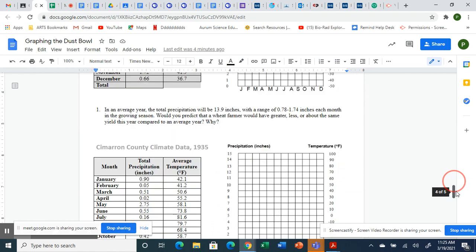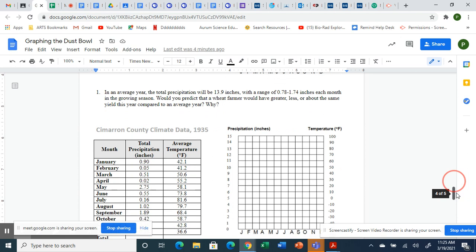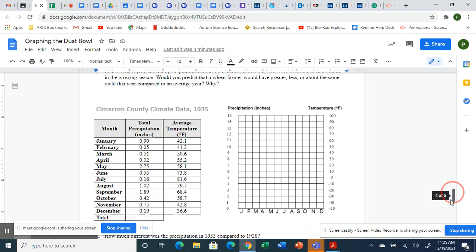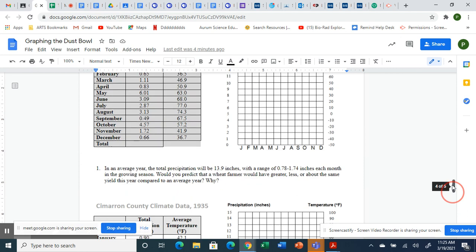So in an average year, the total precipitation will be 13.9 inches with a range of 0.78 to 1.74 inches each month. Would you predict that a wheat farmer would have greater, less, or about the same yield this year compared to an average year? Okay. Now,